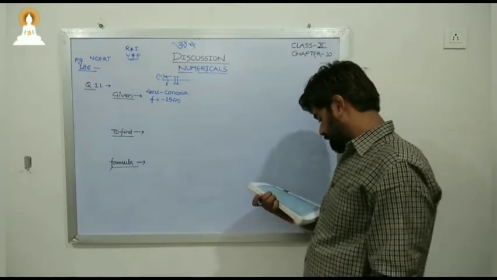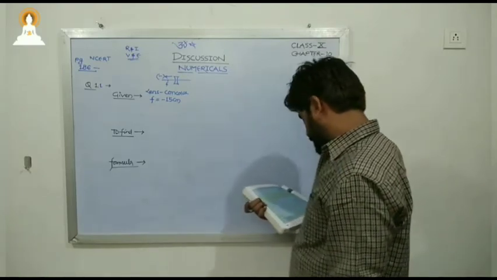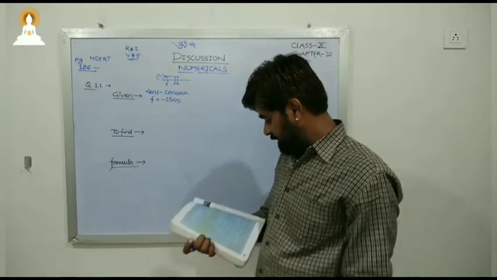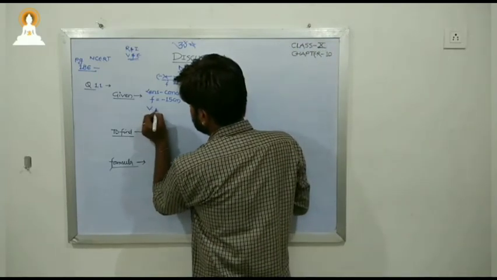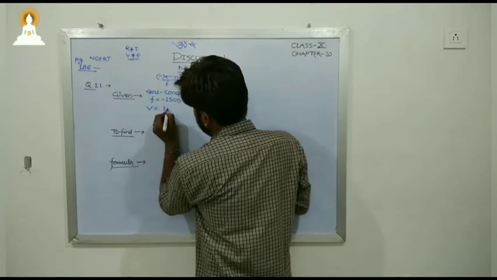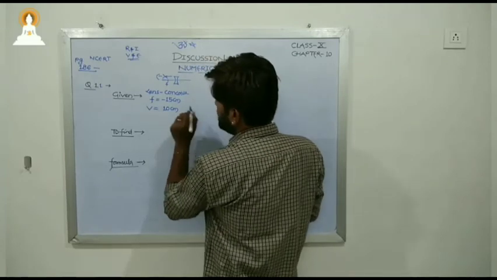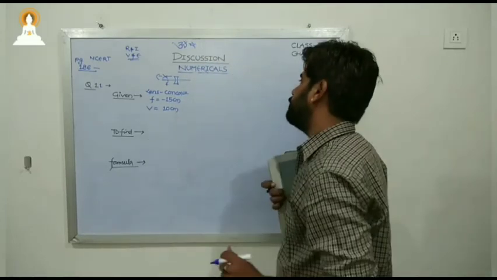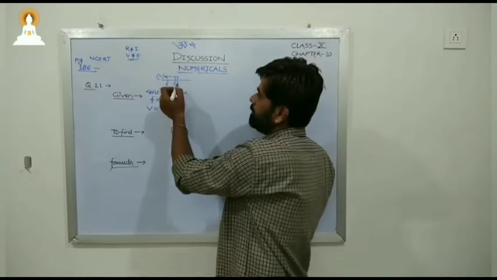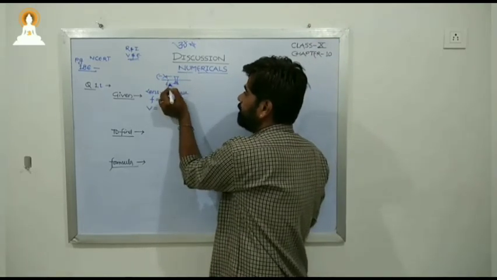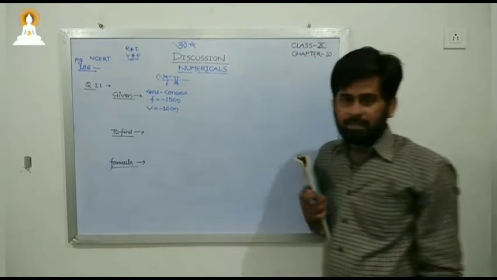Then lens is held 25 cm away from a lens of focal length 15 cm forms an image 10 cm from the lens. Now they have given 10 cm from the lens. Yes, now 10 cm from the lens, we know that the image in a concave lens will always be found between optical center and focus. Yes, and that will be in a negative side. So I may put a negative sign here.